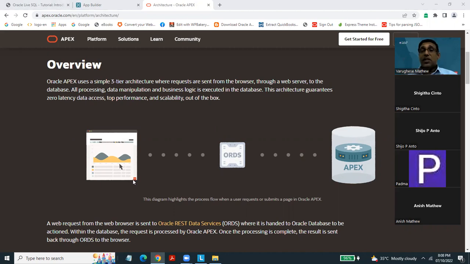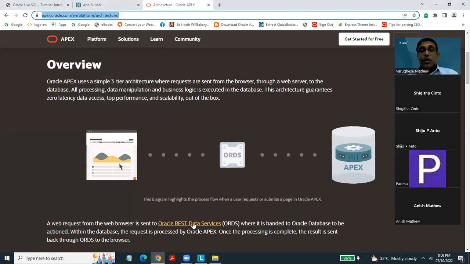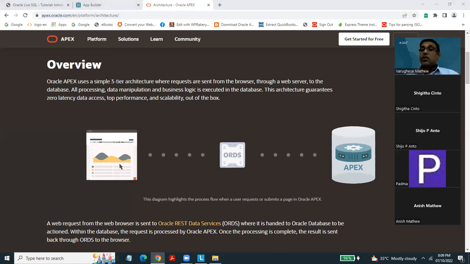The one named application server is there. Few companies want to do it with Apache Tomcat also. You can install it and use Apex running on Oracle with Tomcat, and that combination will also work. So this also I will share. You want to know how the system works, because we should always know how Apex is working. Not only designing forms or applications, but we need to know the core architecture,